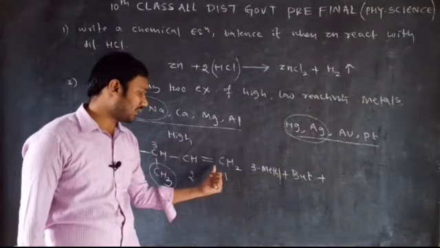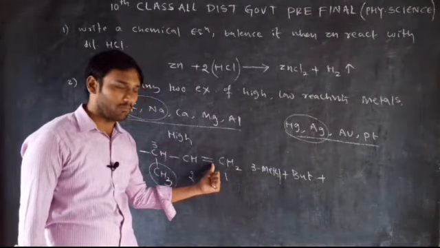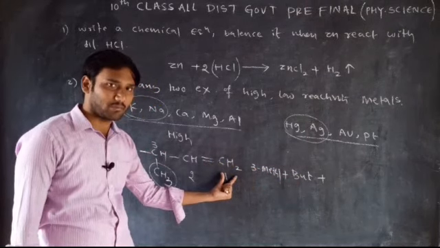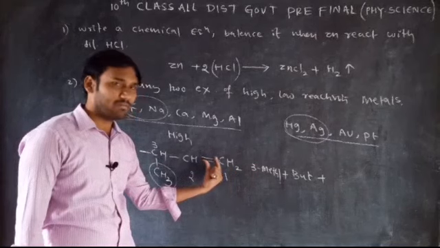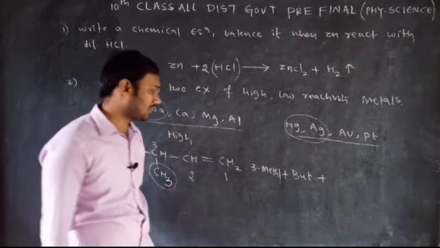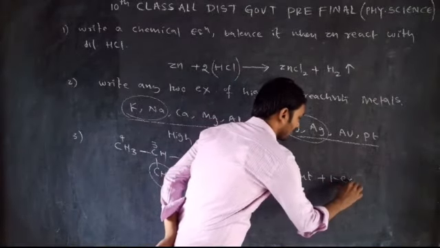What are you taking as a primary suffix? Double bond containing compound. So the double bond you are treating as a primary suffix. The double bond is present on which carbon? First carbon. So what is the name of the double bond here? Ene, right? The ene is present on which carbon? First carbon. So that means you can write it as 1-ene.